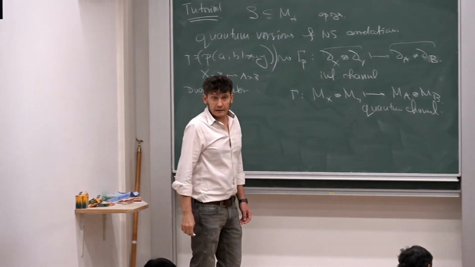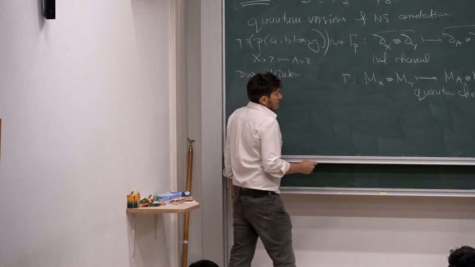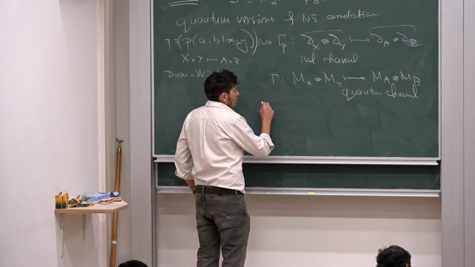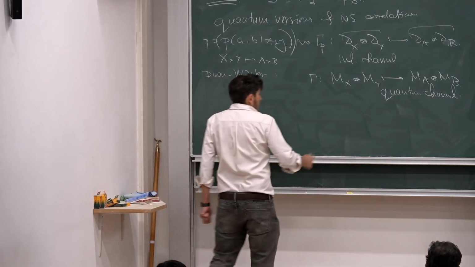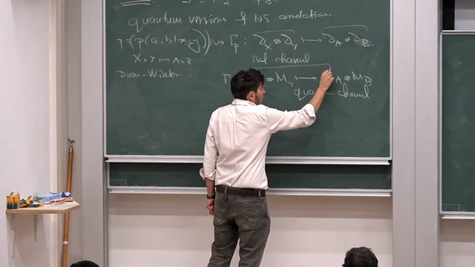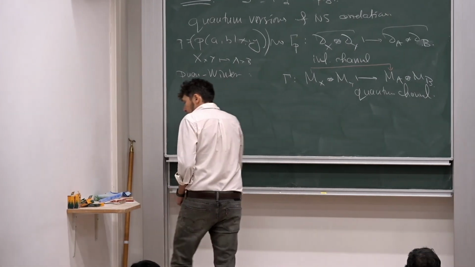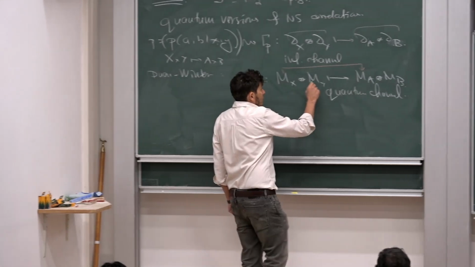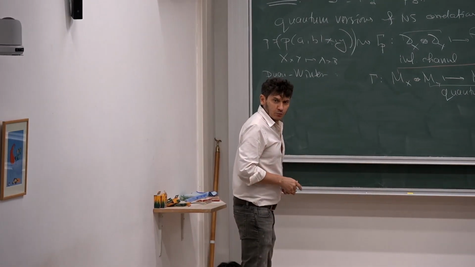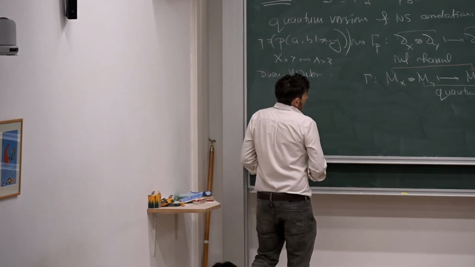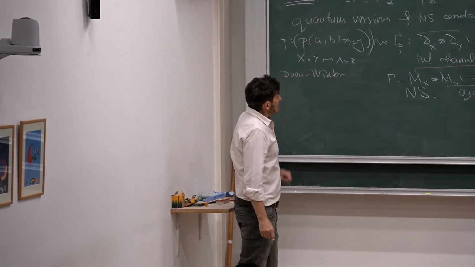Which is also no signaling. It satisfies natural no signaling conditions. I will not write them precisely, but this means that if you want to define a map from M_X to M_A alone, it is well defined. And similarly, you can well define a map from M_Y to M_B, which will be a quantum channel, like the marginal quantum channels exist. So no signaling as well. So this is the natural translation.